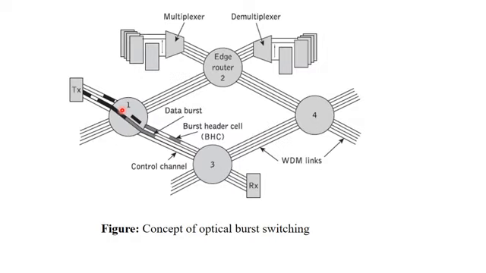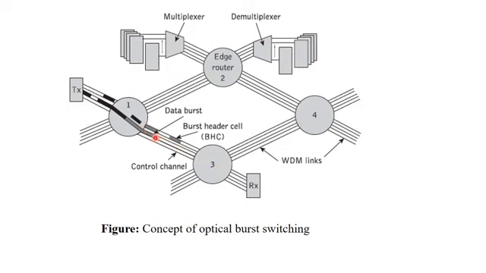Now if all of those data are directed to the same destination edge router, then all those data packets will be clubbed together to form a single data burst, which will be of bigger length than individually transmitted packets. Then it must be labeled with the destination address, and that job will be done by the burst header cell. This edge router makes the burst header cell where the destination of this data burst is specified, and then both of them will be routed towards the destination.